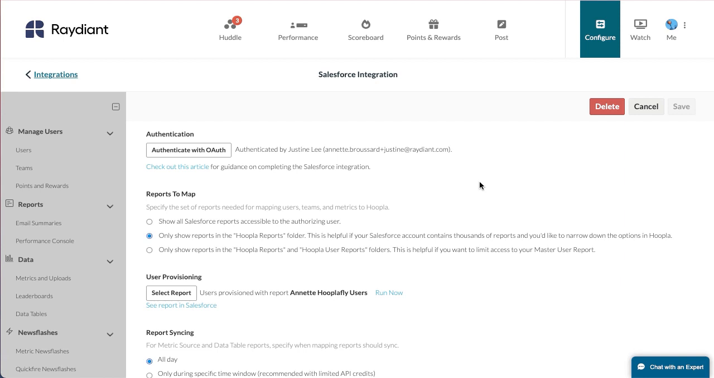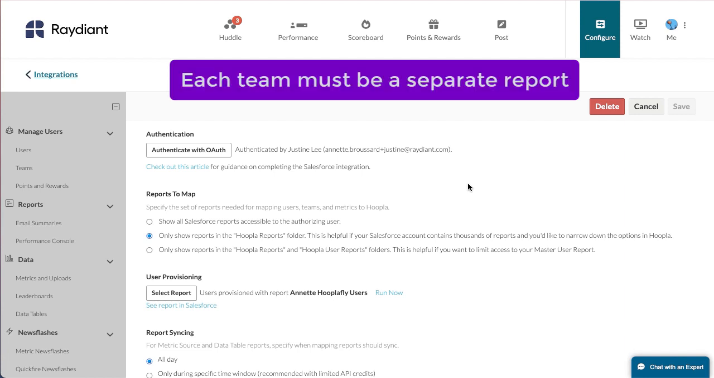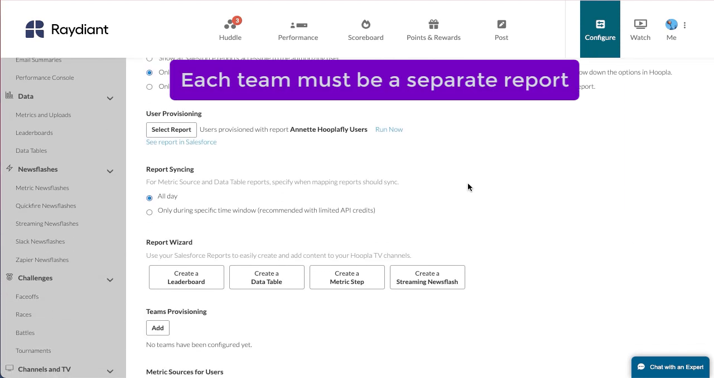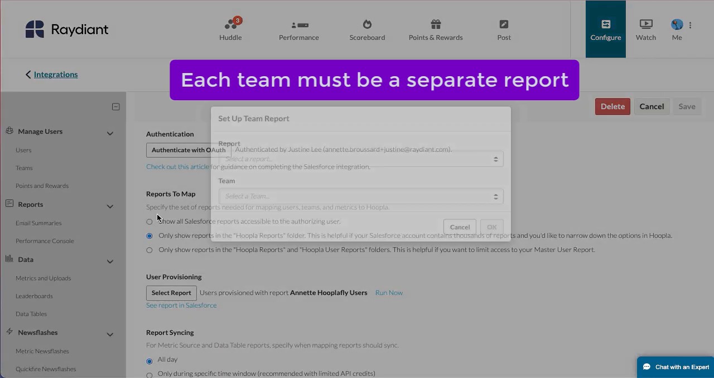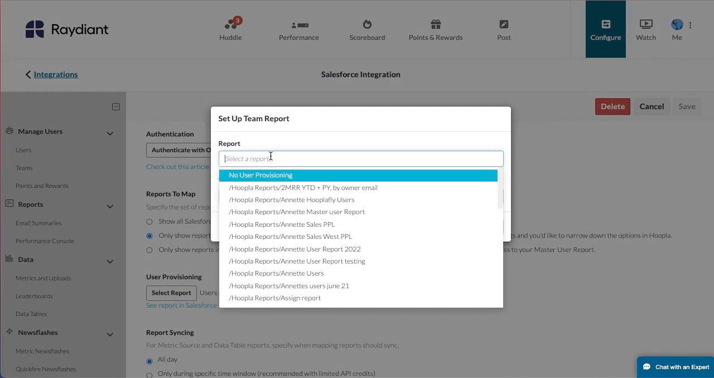The next step is to add teams. Teams are a very important concept within the EX platform because teams are how we assign people to different items so that you don't have to assign them individually each and every time. With a Salesforce integration, we can create teams using the user reports. If you've already done that, we're going to go ahead and navigate down to the team provisioning area where we can add our team report,